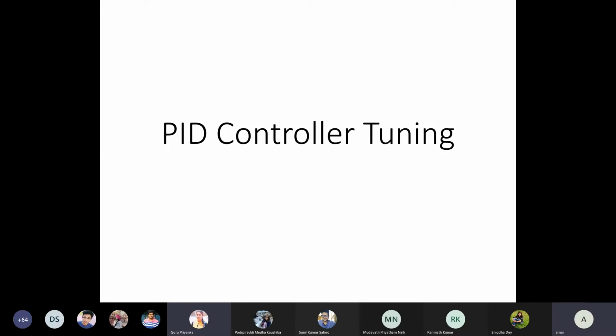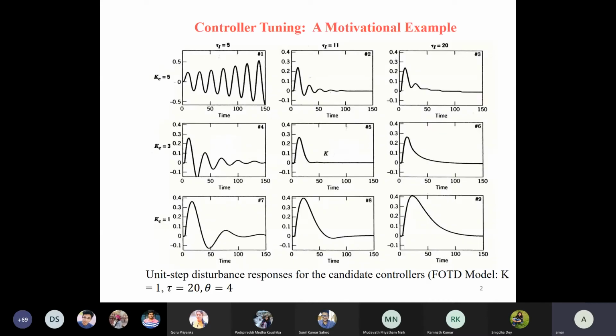Please mute your mic. So today I will discuss PID controller tuning under this review of the feedback control. So in PID controller tuning, basically, if you try to control a process using different types of tuning parameters, the tuning parameter here basically means that when I'm using a conventional controller